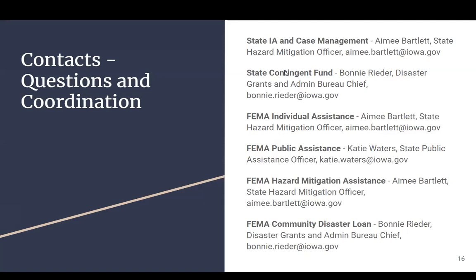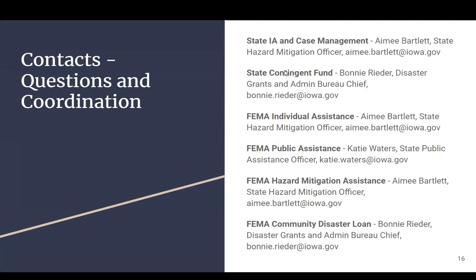If you only report minor damage to 2 homes, like Aimee will likely say, don't bother going forward with the local damage assessment in your county for IA because it doesn't look like you've got enough in order to even include it. So anyway, we can help you prioritize, and we will, once we've determined that we're moving on to that